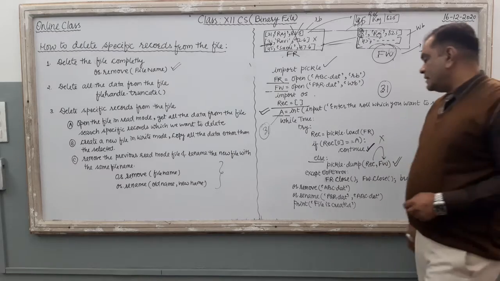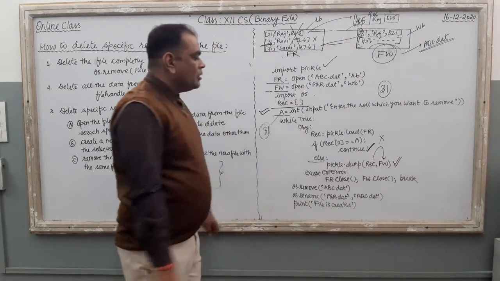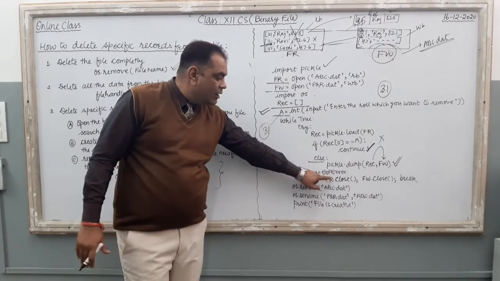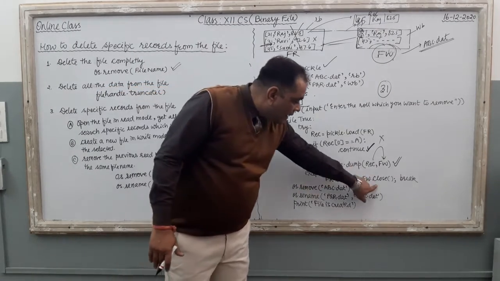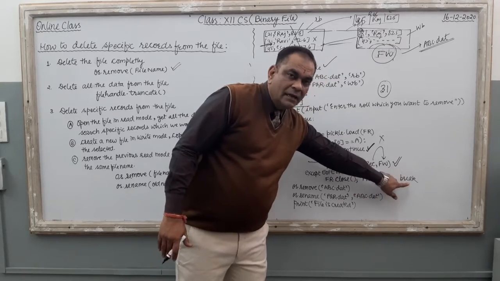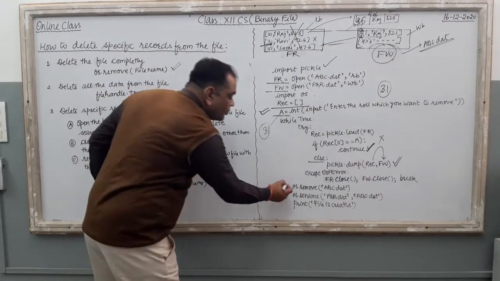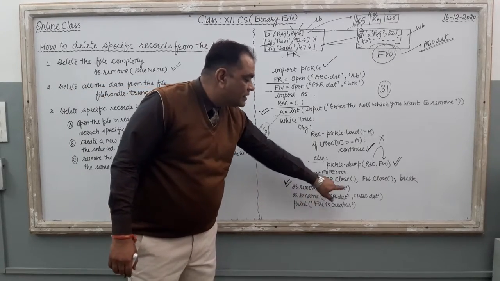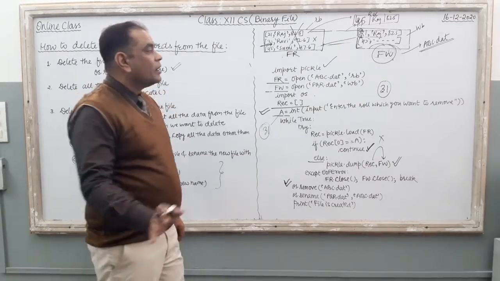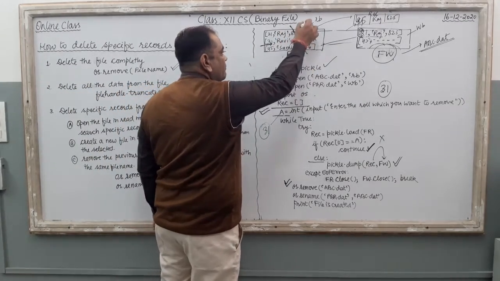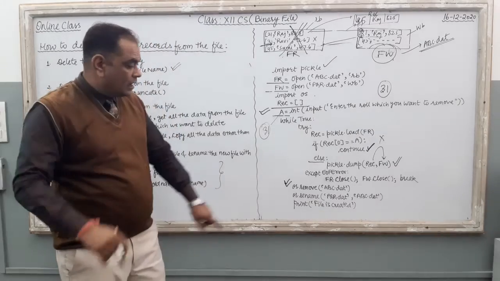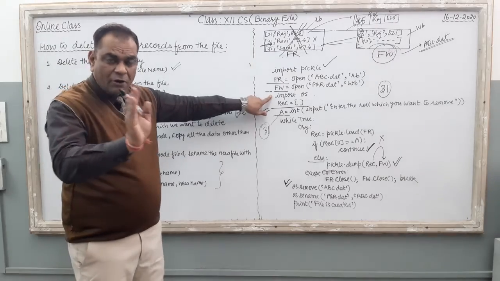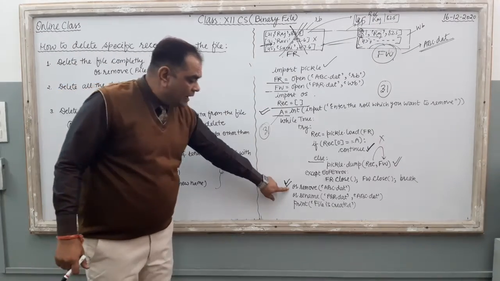Clear? Now just see, when you complete the operation, when computer read all the file, EOF error will be raised, and at the EOF time fr.close, fw.close and break. Right, the loop is terminated. Now your computer is here on this line. What is this line? os.remove abc.dat. Computer remove the abc.dat file completely from the hard disk. Yeah, ये ध्यान रखना. os.remove. So you should import the OS module in your program. Right? So the file is deleted.